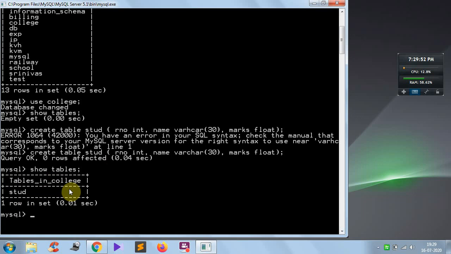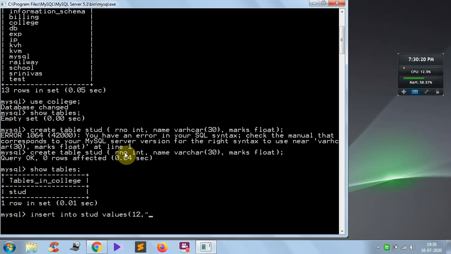So how to do that? For that, one more command is there, the insert command. Insert into, what is the table name? Stud. After that you have to specify values. Now here you can add the data. In this table what is the first column? Roll number. I want to enter roll number 12. And what is the second column?